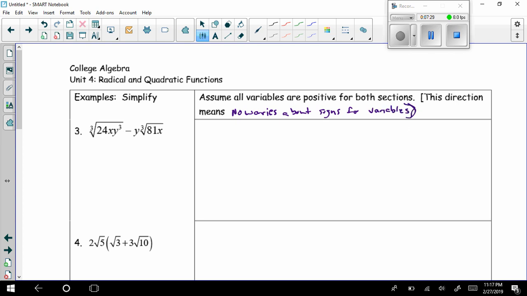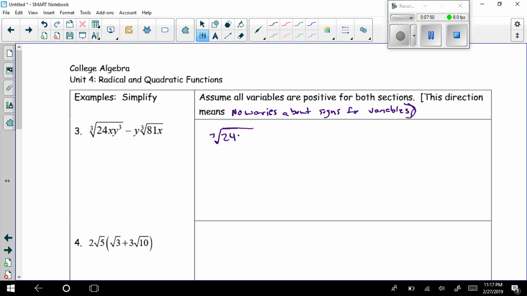So really not even necessarily something you need to write down. You're just going to treat every variable like it's positive. You're not going to worry about absolute value or anything like that, like we talked about last unit. So remember, in order to add or subtract, you have to have the same index